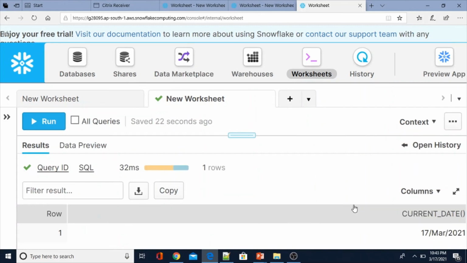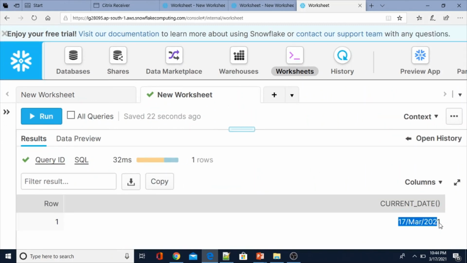Yeah, see, for this one the account level parameter has been applied, 17th March 2000, because earlier we didn't see this value properly, sorry for that. For this user we didn't change the default value, but for the other user we changed the default value at the user level and also at account level, but we overrode the account level parameter at user level. That's why for user 1 we still see the YY DD YY, but here DD MON YYYY. Okay, that is all